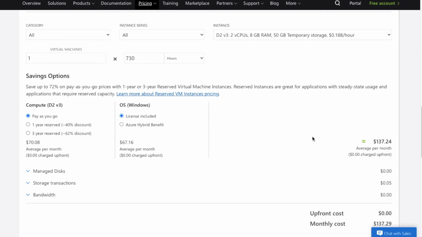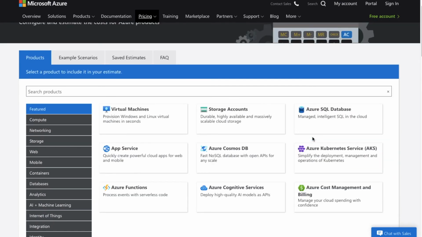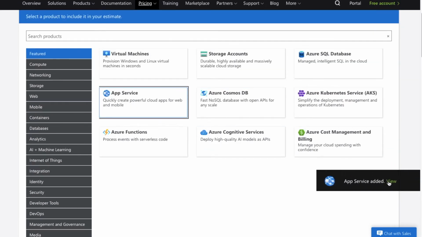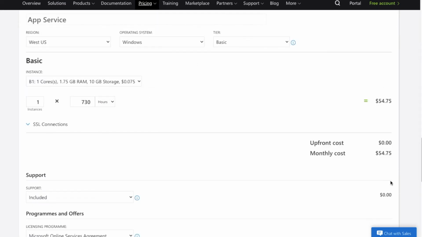Now the next option that we have to select is app service cost. So I will go ahead and select the app service cost. This is required because we are actually migrating our .NET application to Azure. So I have selected the app service for the estimation.